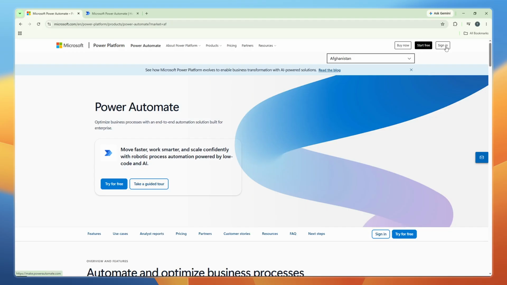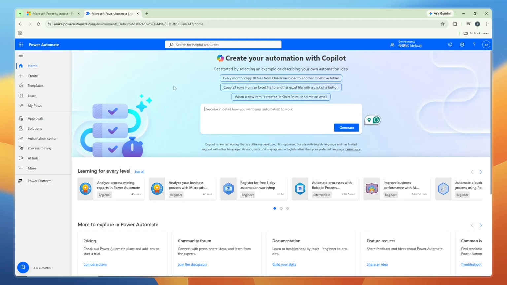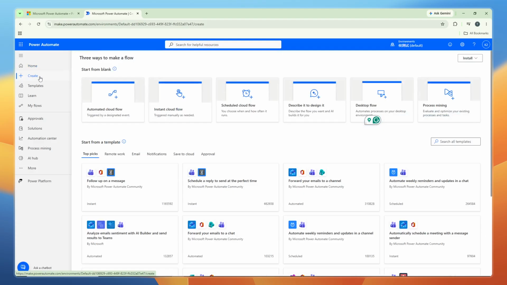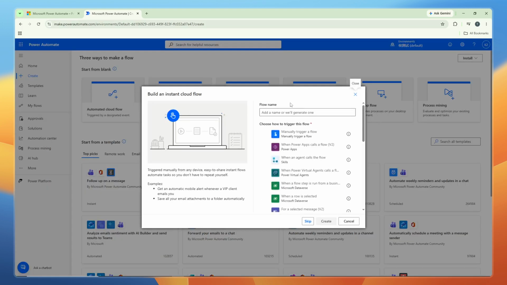After logging in, look to the left side of your screen and click on Create. This opens up various flow creation options that let you build custom automations tailored to your specific needs. From the options that appear, click on Instant Cloud Flow. This type of flow is perfect when you need to trigger an automation manually, giving you full control over when